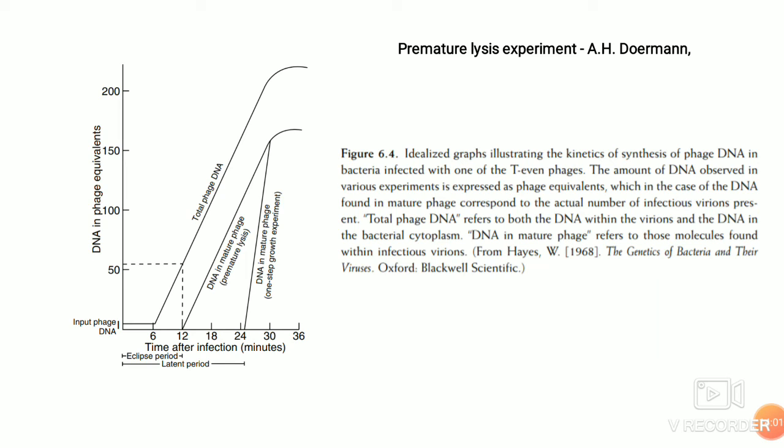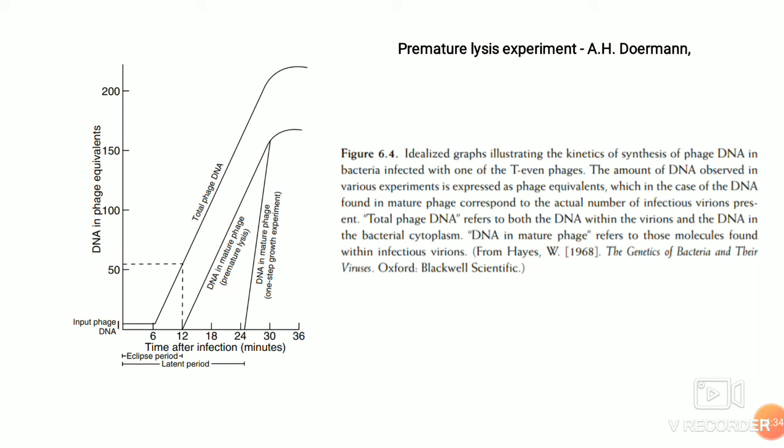Cells can be lysed by shaking with chloroform or by superinfecting the culture with a high multiplicity of T6 phage. For example, if you have a T6 phage infection and you add one more T6 phage to it, the cells will lyse, and the cells will not remain. And that is the premature lysis experiment. If you do such an experiment, the graph looks something like this.